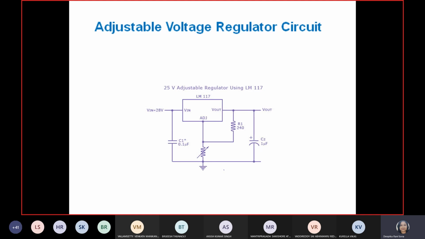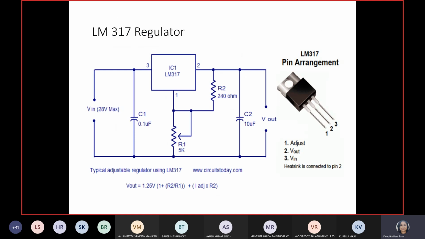So after taking LM317, if you take externally to check your output, how much output you need, it is adjusted at this point. These are the values provided here to give 25 volt of output by using LM317 with R1 240, and this one you have to check, guys. This was actually one lab experiment. Here you have to check how much adjustment you have to put on this resistance value, so that it will give rise to 25 volt output for the input of 28 volt. Some other constants are also there, that also you have to keep in your mind. So let's see that part, guys.